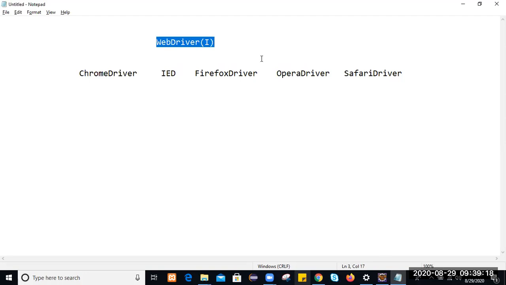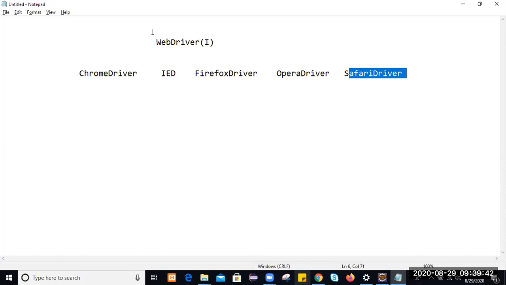Always remember, in an interview you will get a question like what is Selenium WebDriver. WebDriver is an interface, and its APIs are Chrome driver, Internet Explorer driver, Firefox driver, Opera driver, Safari driver. These are the implementation classes.